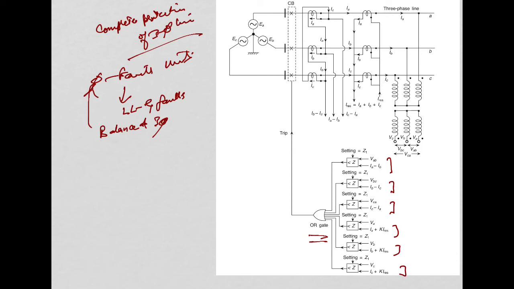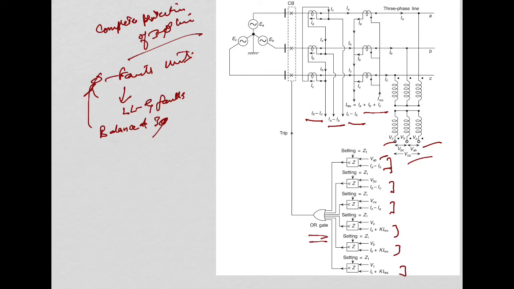Now, as you already know, this VA is coming from V, and AB, this IA minus IB is coming from this, then IBC is coming from this, CA is coming from this, then I residual equals IA plus IB plus IC is coming from this. Then we have the V AB, BC and CA coming from this. So it's not a big deal. You have already read this in your previous lectures.